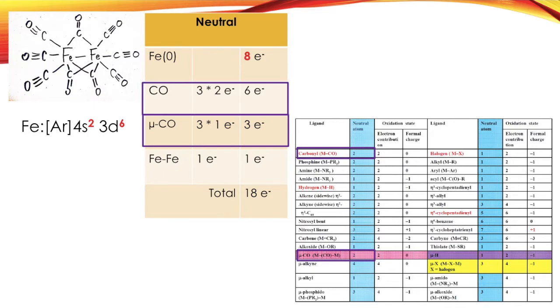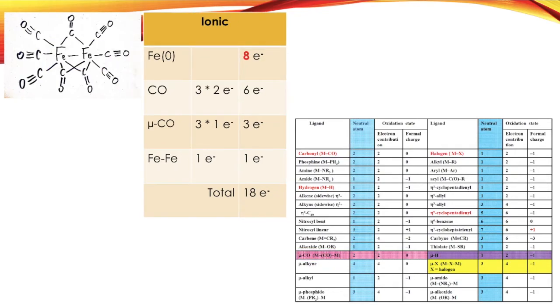Odd electron metals attain 18 valence electrons through formation of metal-metal bonds or through reduction. So the bond between the iron metals, the MM bond, contributes 1 electron to the total electron count of a single metal atom. The ionic model is the same as the covalent, since both carbonyls and the bridging carbonyls have